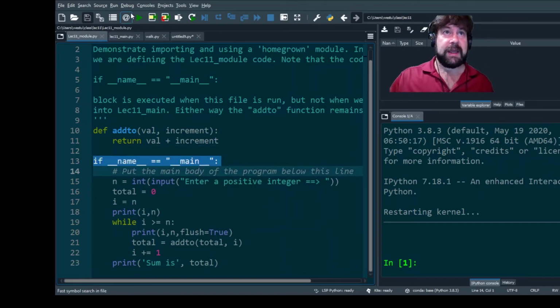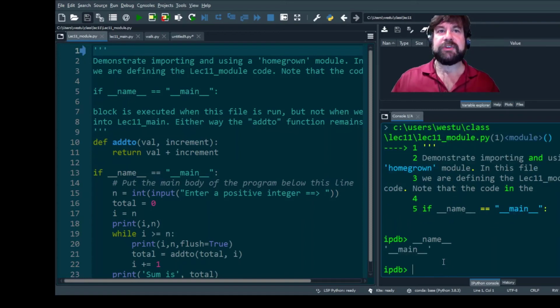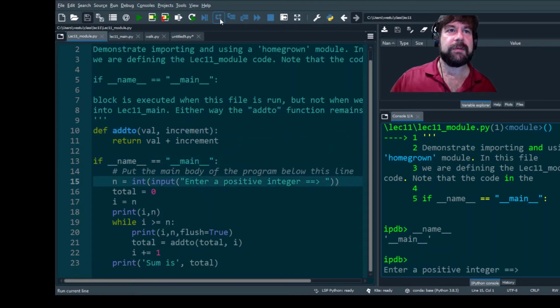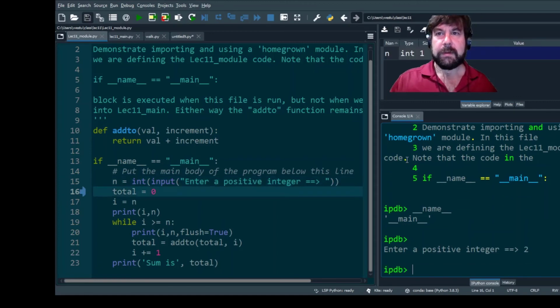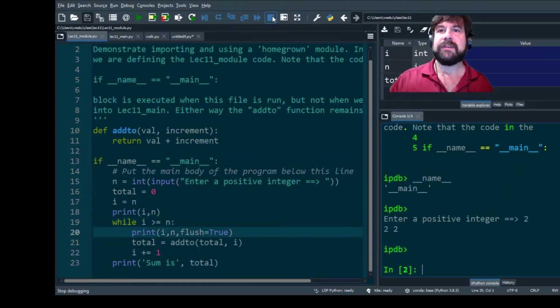So if we're in this file and we run it, and we already demonstrated this, it's going to define something called name, underscore name, 2 underscores. And that name is going to be equal to main because we're running here. This is the main program that's being run. And as we step through here, we find out that we actually execute the code down below. But it's also possible that we take this code, and I'm going to stop debugging because it's boring,